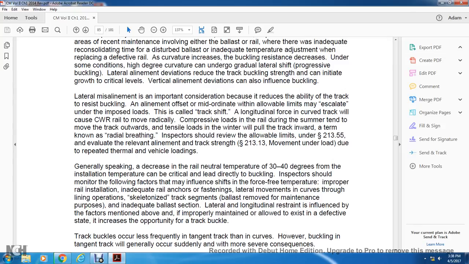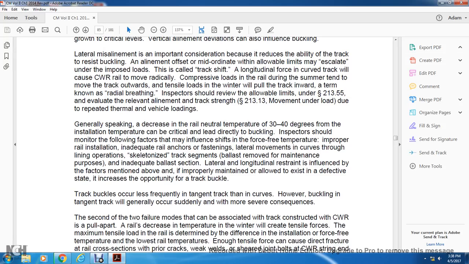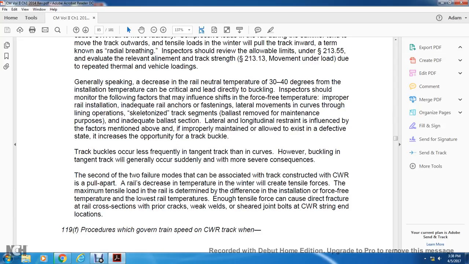Move under the load due to the repeated thermal and vertical vehicle loadings. Generally speaking, decreasing the rail temperature 30 to 40 degrees, but the installation temperature may be critical, leading to the direct buckling. Inspectors should monitor the following factors: insufficient shift of the force field temperature within proper rail